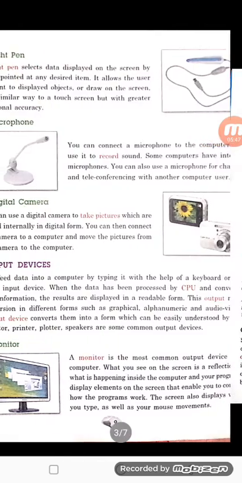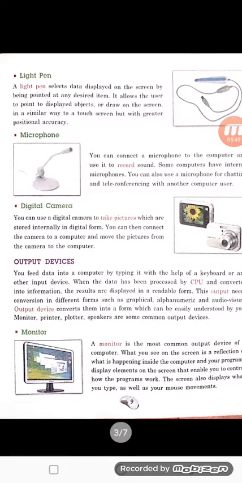Next is our microphone. We all have seen microphones. It is used to record the voice or sound. Whenever we see any program or function with a large audience, the host of that show keeps a microphone with him or her, so that the voice could become louder. And we also use a microphone for recording sound. Whenever we do video conferencing or teleconferencing, we also use microphones.